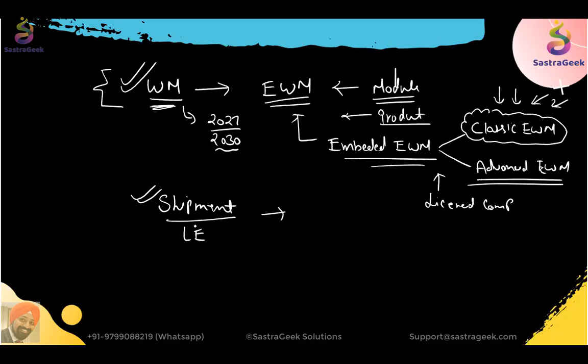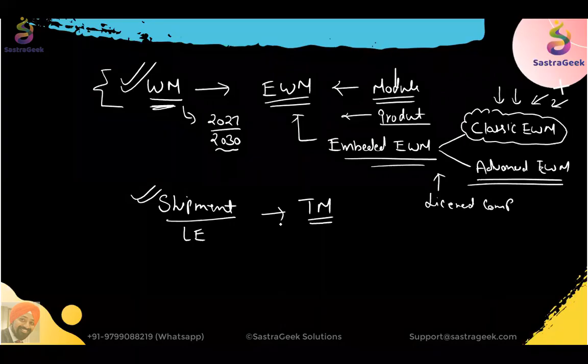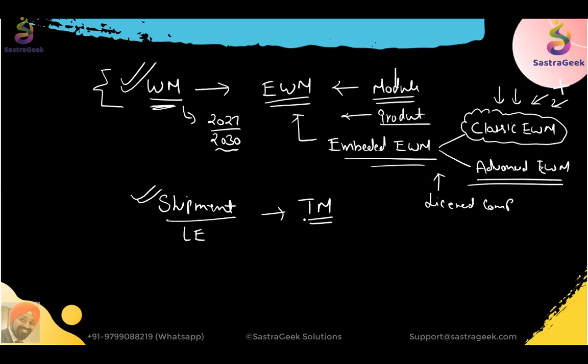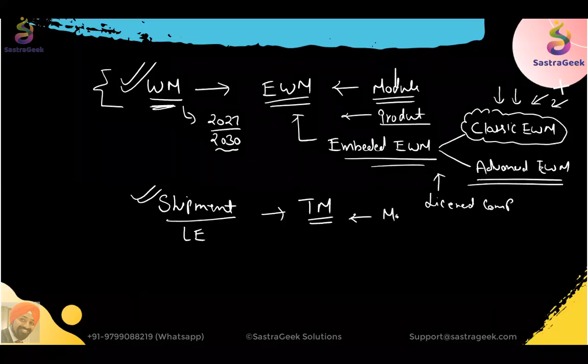The additional thing here is that earlier we had TM. In ECC also you can link with TM and manage your shipments and transportation in the transport management module. Now here, which is again a separate module, or you can say separate product,